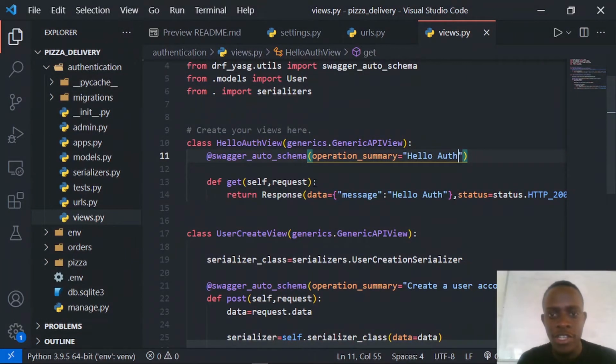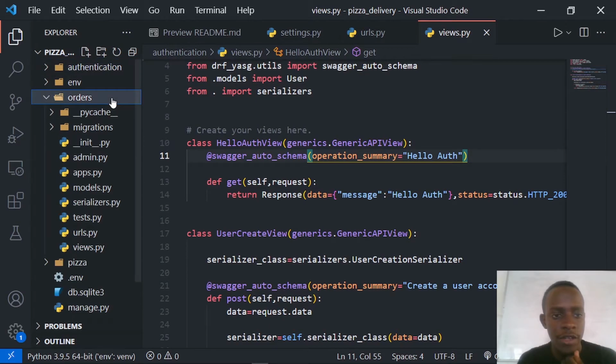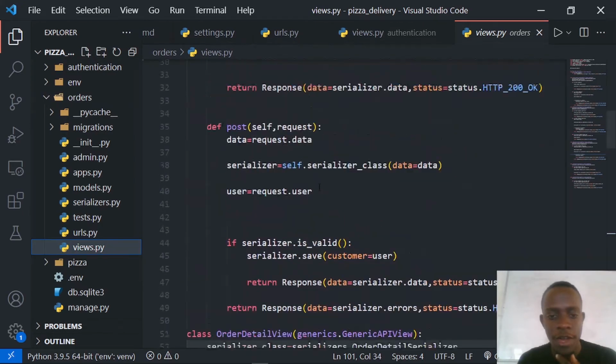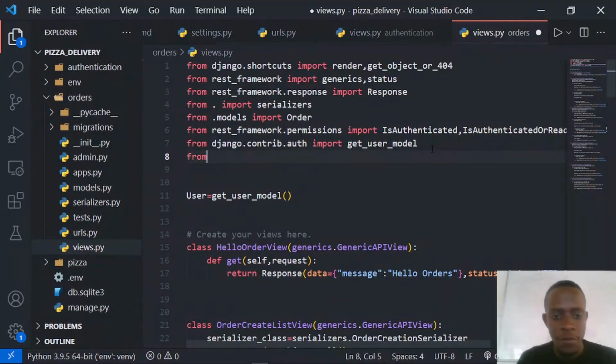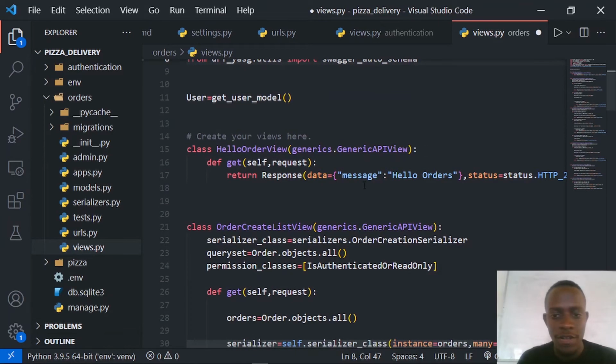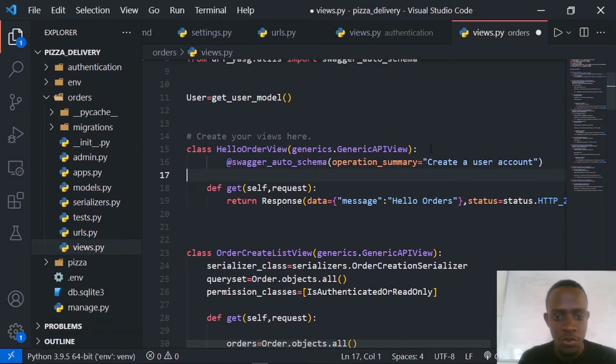So let's go ahead and do the same thing for our other URLs. I'll go to our other URLs right in here, and I'll go to the views.py, and then within views.py, I'm going to go ahead and document every view. So I'm going to say from drf_yasg.utils, I'm going to import the swagger_auto_schema. Then I'll first decorate this. So I'm going to paste this in,